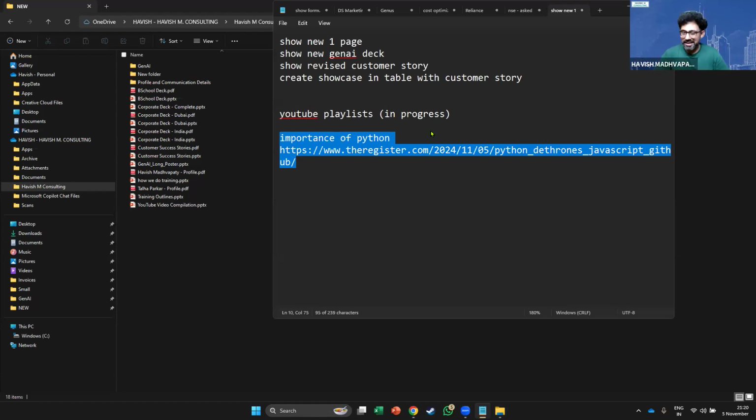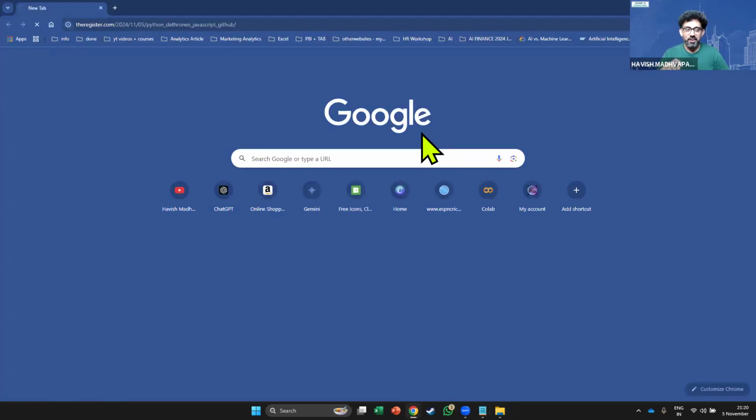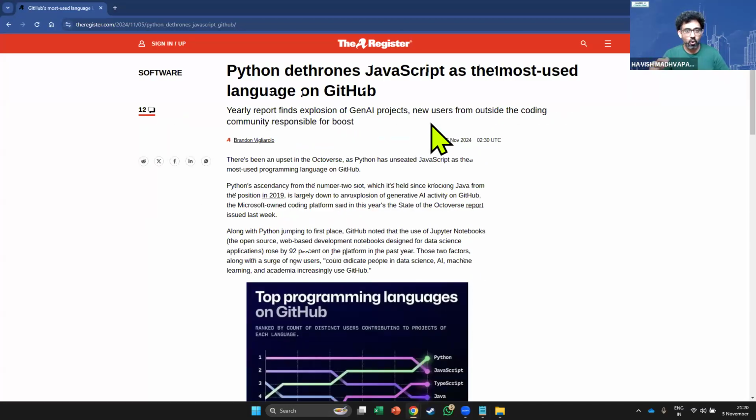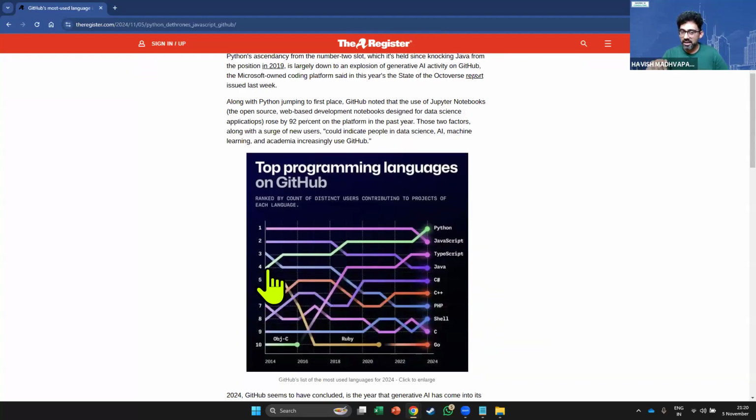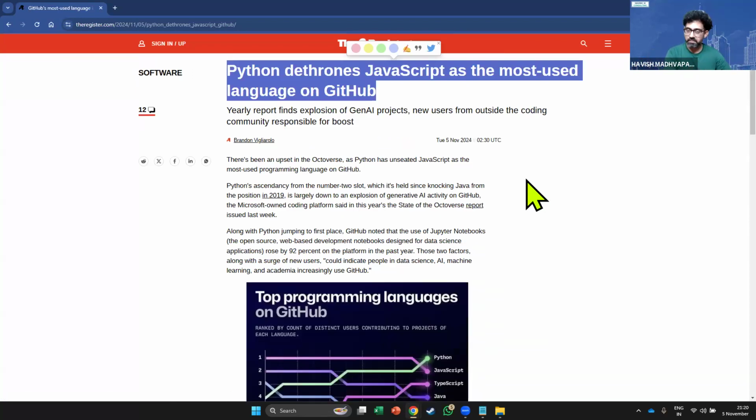Okay. And the final thing is Python. Now, this article came earlier today, 10 hours back, or maybe 12 hours back now. And I know I'm driving the point home again and again, but Python has dethroned JavaScript as the most used language on GitHub. Once again, please understand, Python at one point was 4 in 2014. It is number 1. I can't overemphasize the importance, everyone, of how generative AI has completely shaken everything.